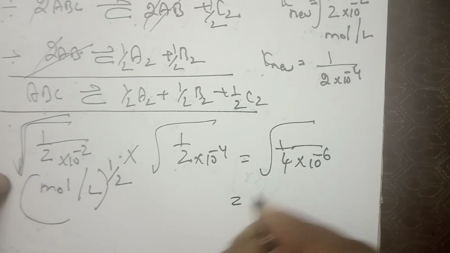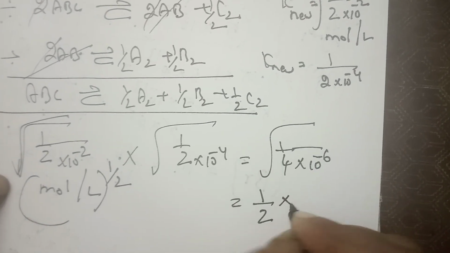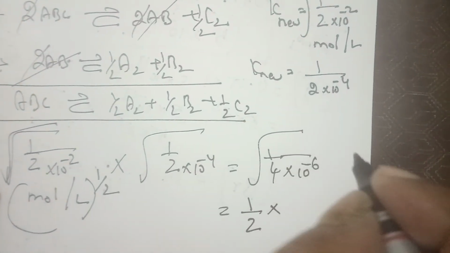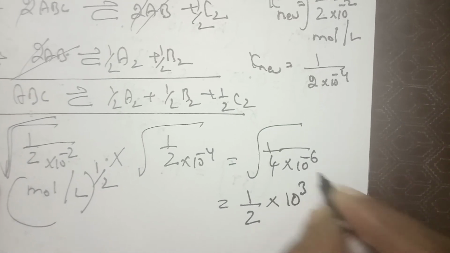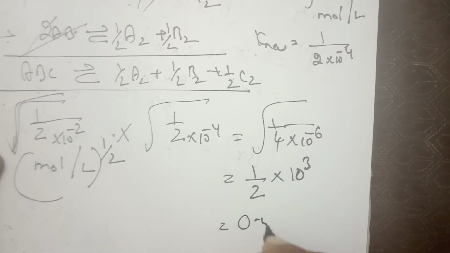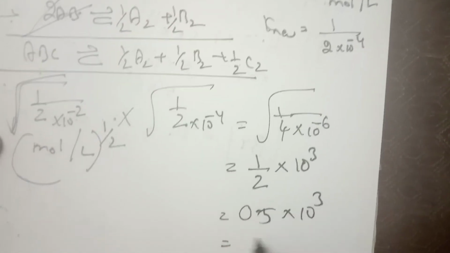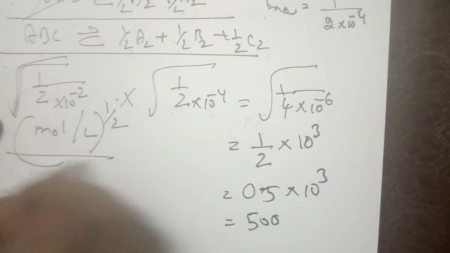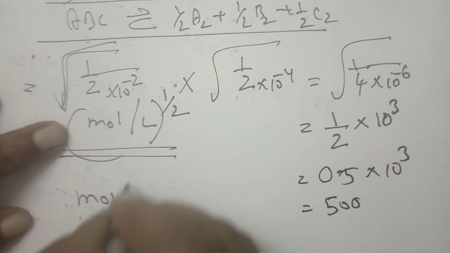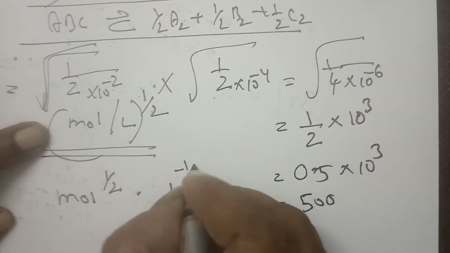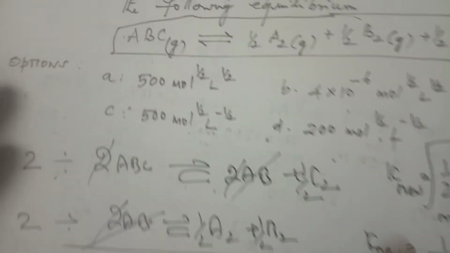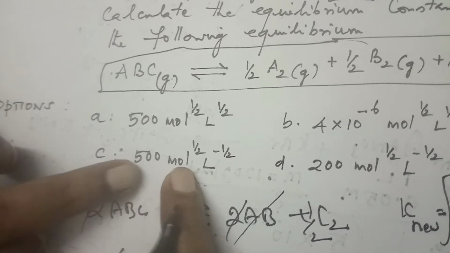Now let us simplify this. Square root of 1 by 4 is equal to 1 by 2, into 10 power, here bringing the denominator into the numerator, 10 to the power of plus 6, and taking the square root, it is 10 to the power of 3. So 1 by 2 is 0.5 into 10 power 3. Now what you are getting is 500. Let us see the work for the unit, which is already written there. So the unit works out to mole to the power of minus 2, liter to the power of minus something. This is your unit. So 500 into that; now let us see the answers. You are having 500. Let us verify the unit.